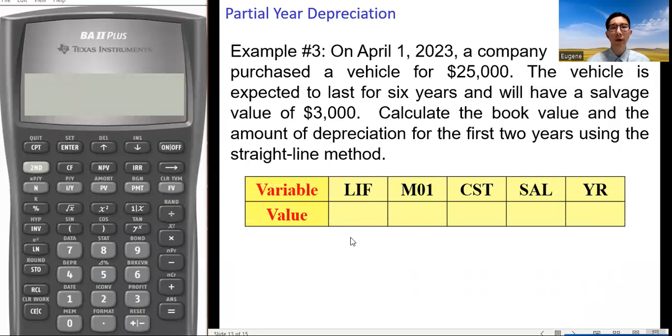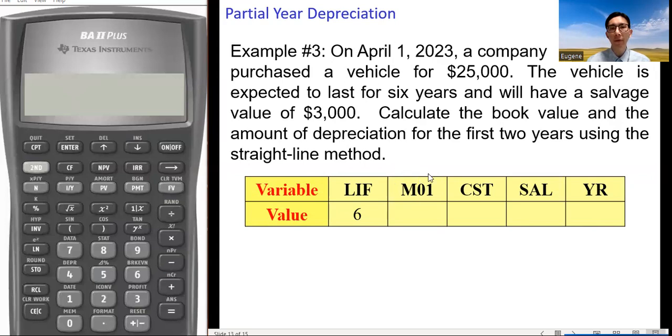LIF, the life of the vehicle, 6 years. And then M01, the vehicle is purchased on April the 1st, 2023. We assumed that the vehicle starts to depreciate on April the 1st.